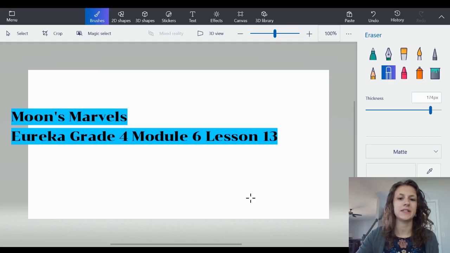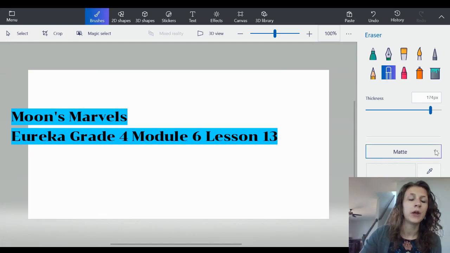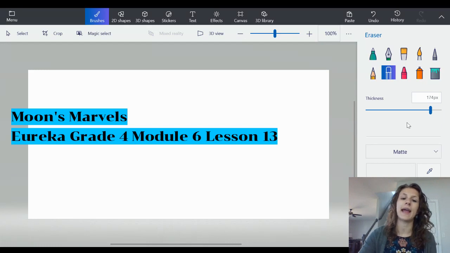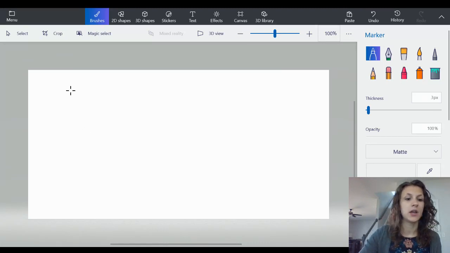All right, so we're here to go over Eureka Grade 4, Module 6, Lesson 13, or specifically what our community is going to go over on April 23rd. We're going to be looking at how we can add mixed numbers, both in fractional and decimal form. All right, so let's go ahead and start with trying to find a solution for 6 and 5/10 plus 7